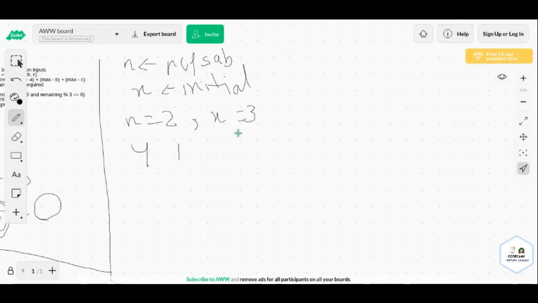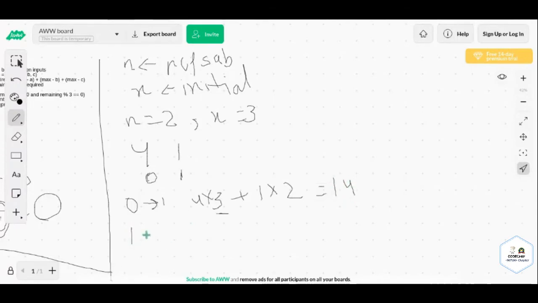Now let's say we are teaching in order 1 and 2. Let's say zero-based indexing: this is the zeroth subject, and this is the index 1 subject. We are first teaching the zeroth subject and then the first subject. Now what will be the total hours required? 4 multiplied by 3, plus the number of chapters in the second subject multiplied by the hours, which will be 1 less than 3, that is 2. So there will be 14 hours required.